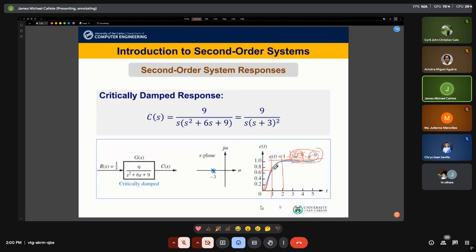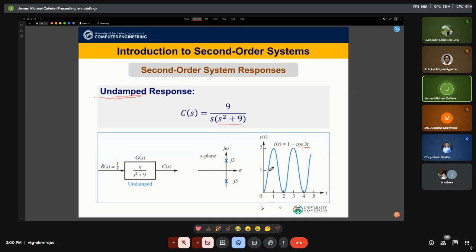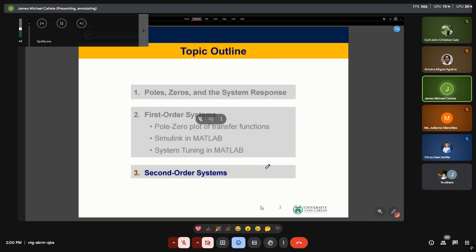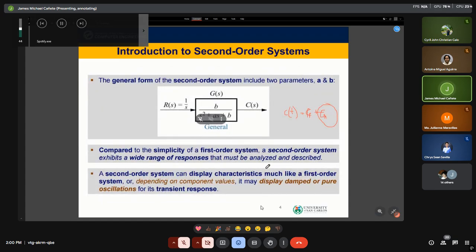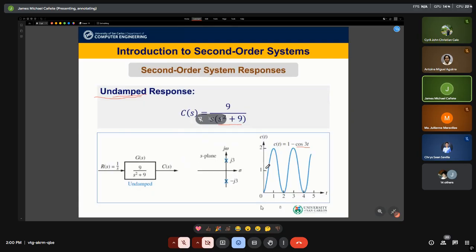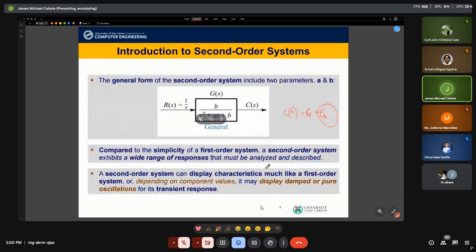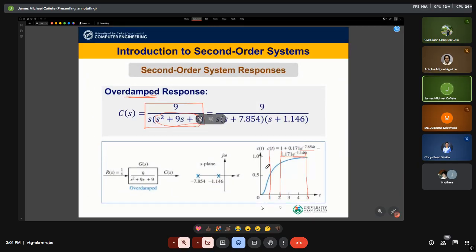So to help you understand, or to imagine, what these types of responses are like, what if we imagine ourselves riding an elevator that is controlled by a second order system, then we think what it would be like if the behavior of the elevator corresponds to these four classifications. So back to the overdamped response. The overdamped response, these vertical lines, is very similar to our first order systems. That is, our rise time is not as fast, but it's okay enough.